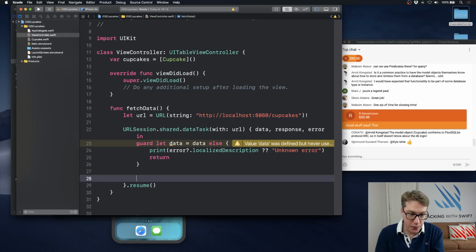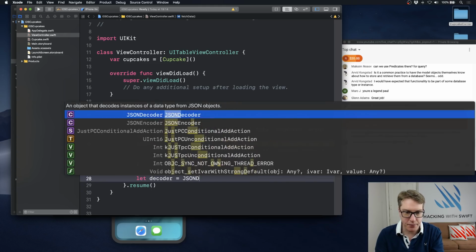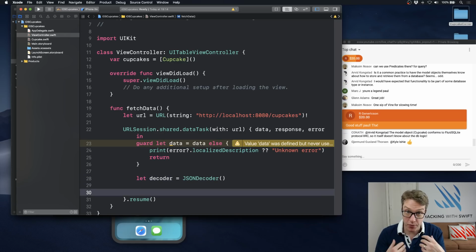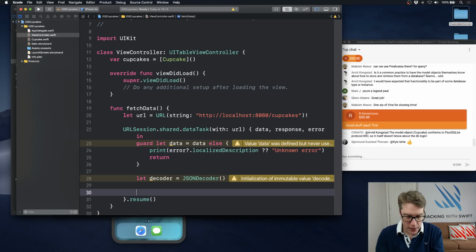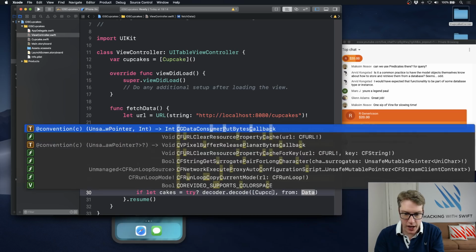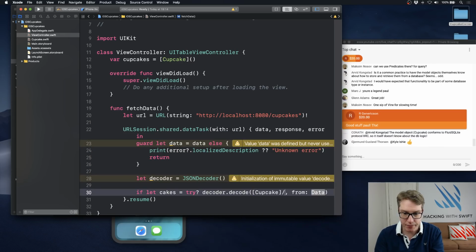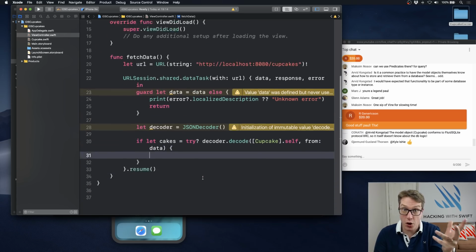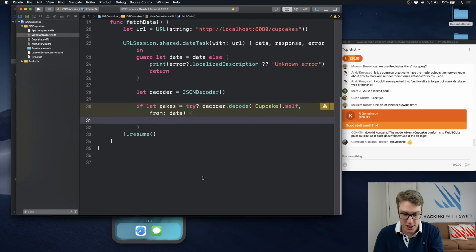If it worked though, we want to start using it. So we'll say let decoder equals a JSON decoder. So we can get it from JSON, which is what it'll be served up from Vapor as to us. We're going to say if we can get a cakes array from that by doing try decoder.decode an array of Cupcake.self from that data. So if we successfully got an array of cupcakes from that JSON we got from the server,